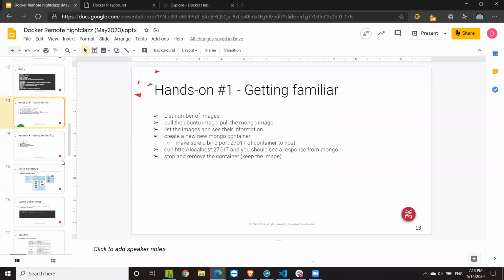Oh well, I may change the slides a bit and update my repo afterwards with the solutions. Anyways, so